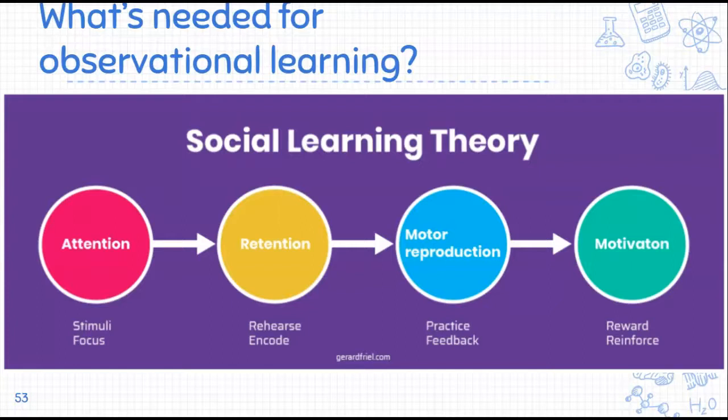Then you get to the reproduction stage, right? The stage in which you have to do it solely, freely, and independently. So you're using what you paid attention to, what you actually encoded into your memory, and then you are doing it, okay? When you do it, you might not do it appropriately. So during this reproduction phase, you're going to get some feedback, some clarification, right? You're going to continue to do it.